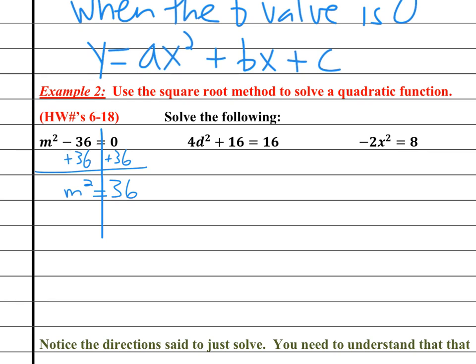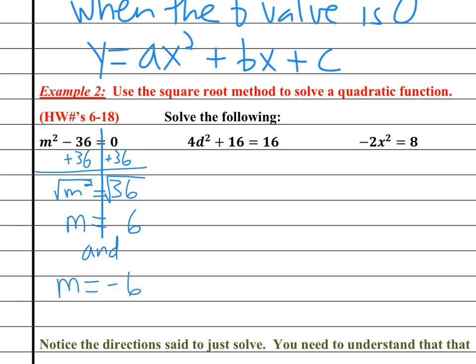So just like how here there was a minus 36, so we did addition, and it was inverse, so those canceled out. We want to do the same thing here. So we will do square root on both sides, which cancels out the square, so then it just says m, and the square root of 36 is 6, but it's also negative 6, because negative 6 times negative 6 also